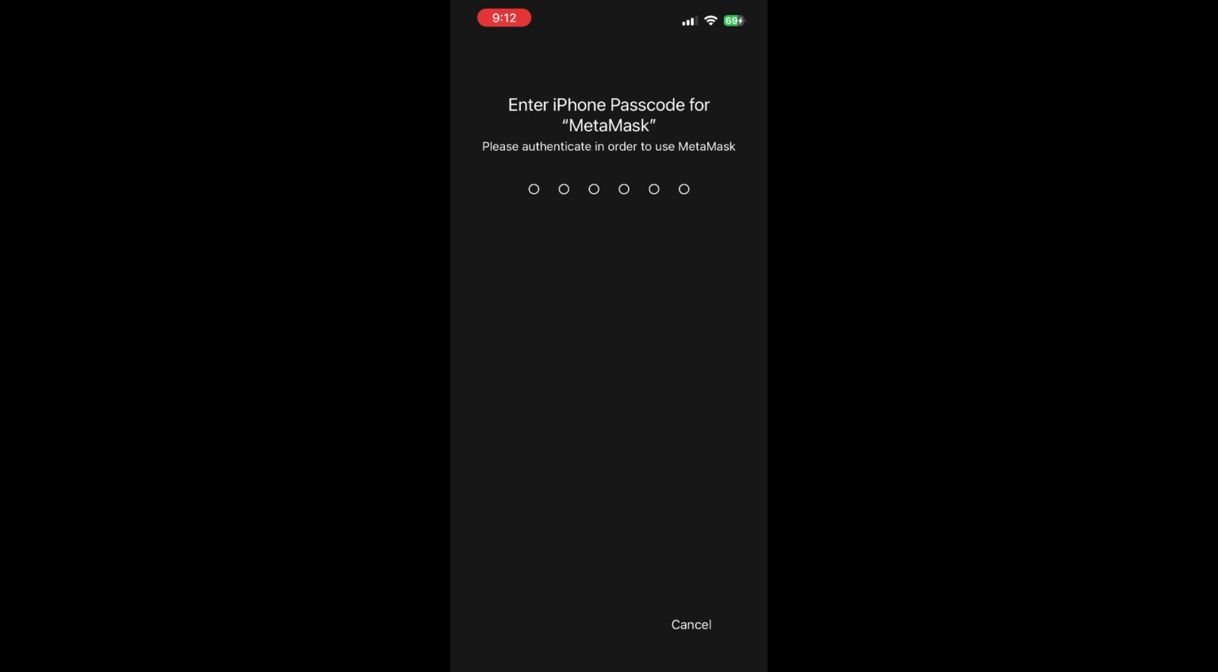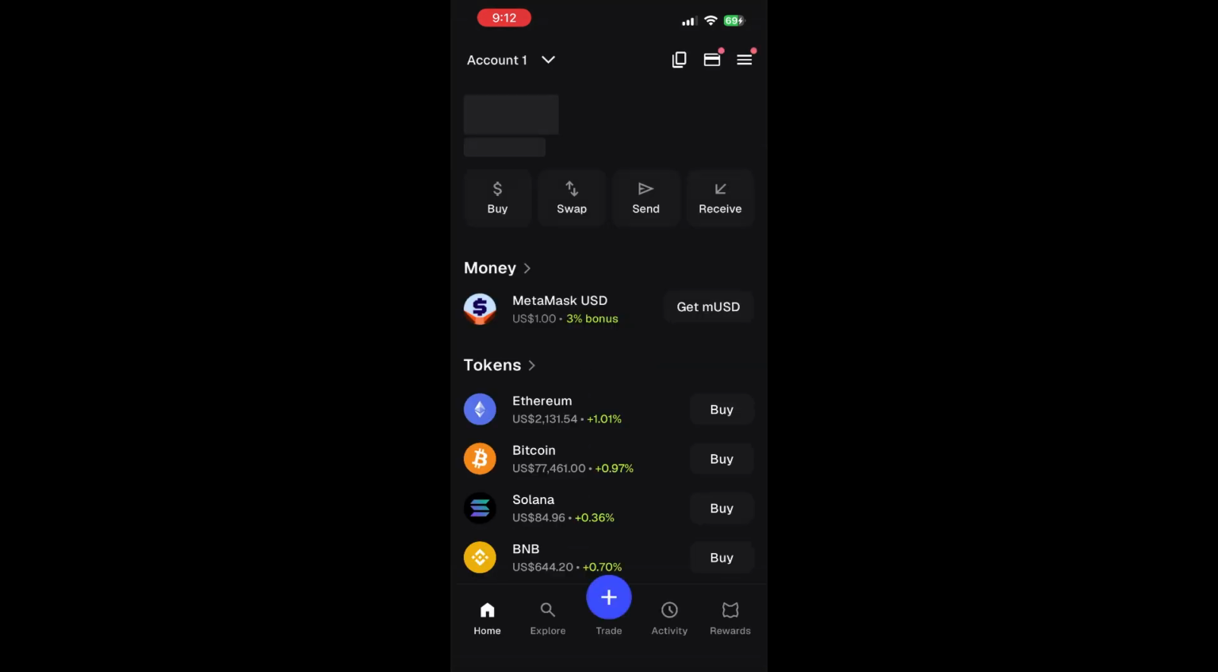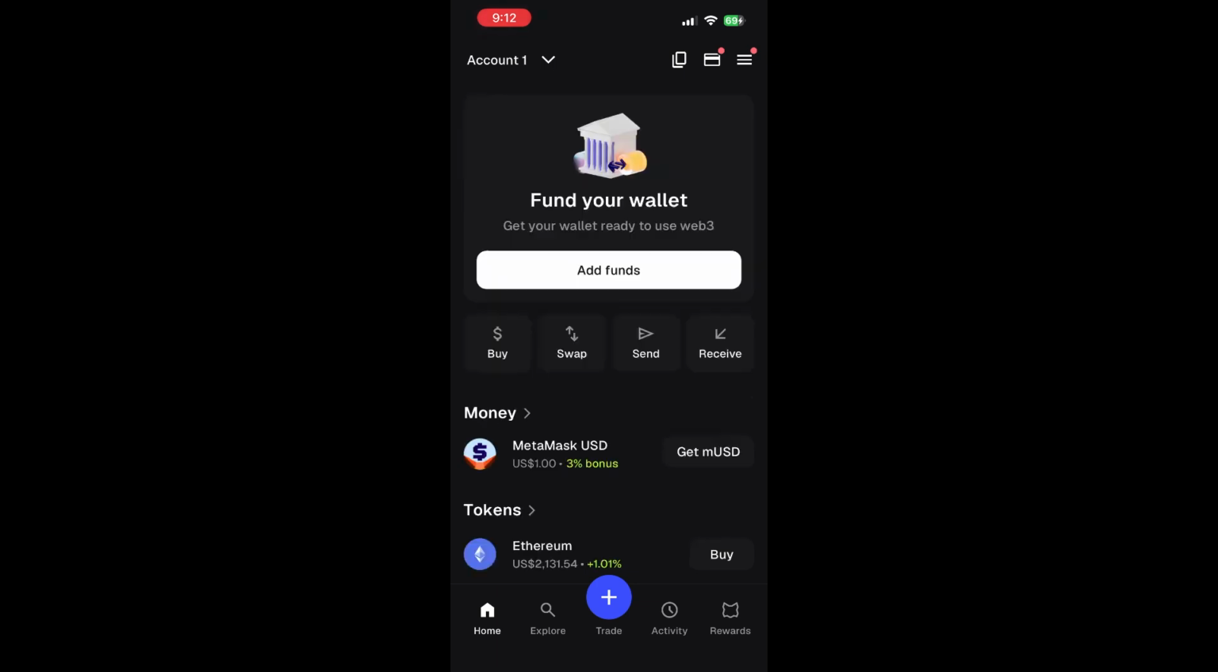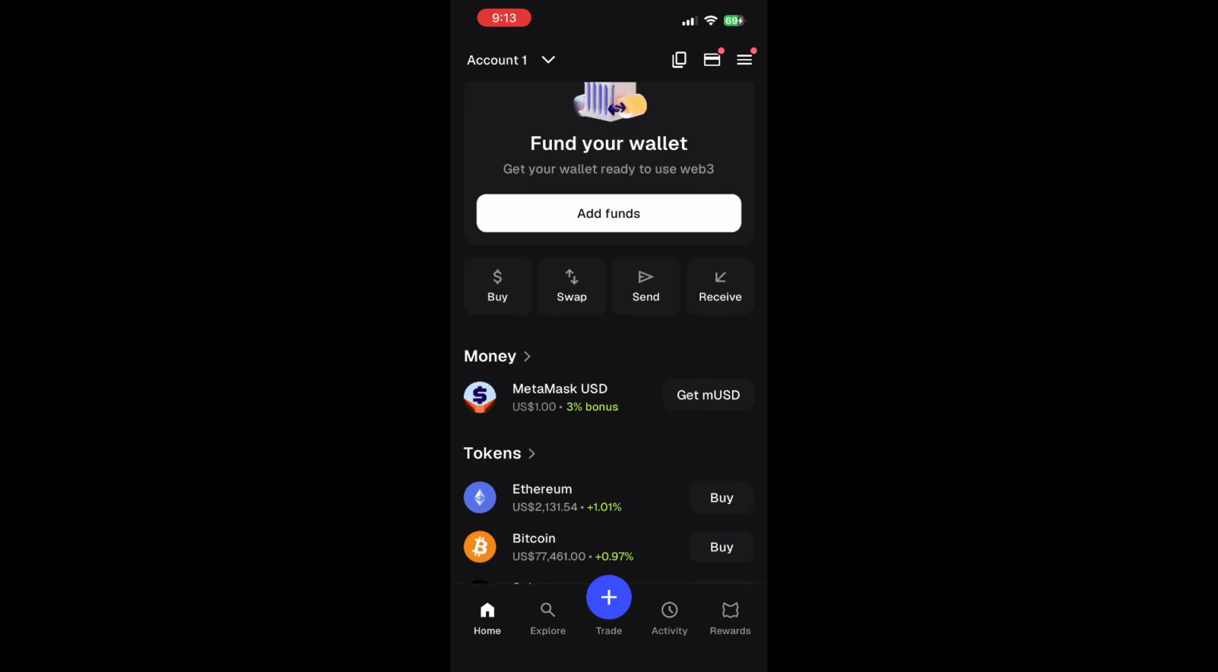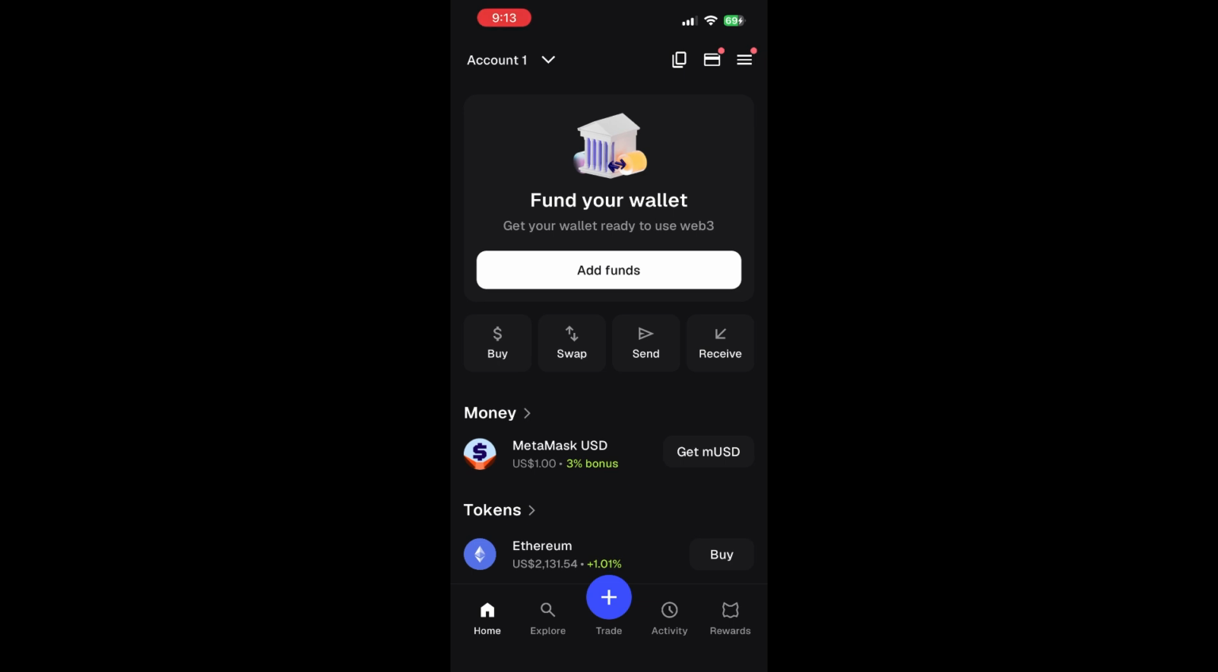MetaMask is mainly designed for Ethereum and EVM compatible networks, while Solana uses a different blockchain system. So, when you open MetaMask and go to Add Network, you will see fields like network name, Infura URL, chain ID, currency symbol, and block explorer URL. These details are used for EVM networks. Native Solana does not use this same setup, which means standard MetaMask cannot connect directly to the Solana network through